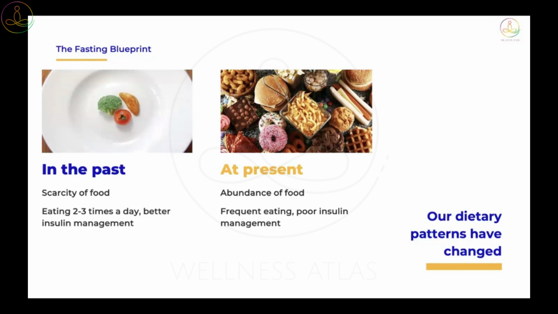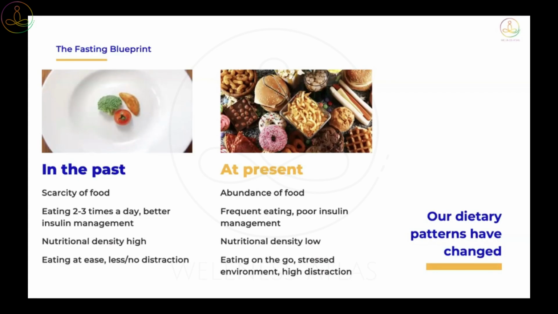Earlier, we used to eat 2 or 3 times, better insulin management, you're not munching throughout the day. आज के दिन में today, frequent eating, poor insulin, wherever you go, you have abundance of food options. Things are designed around you so that you should keep eating, they're tempting, and so many psychological tricks going around. So that is where we are. Earlier food, the nutrition density was very high, right? आप जो भी खाते थे उसमें पोषण बहुत होता था. The nutrition was very high. Today the nutrition density typically is low because of so much junk food, fast food, and so on.